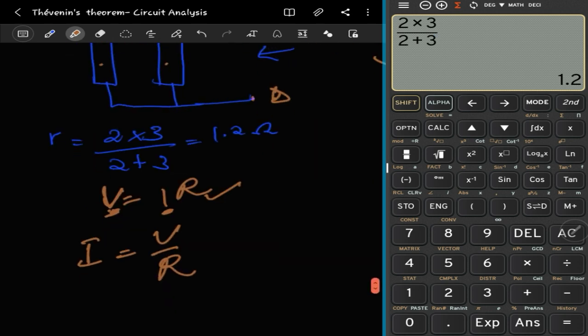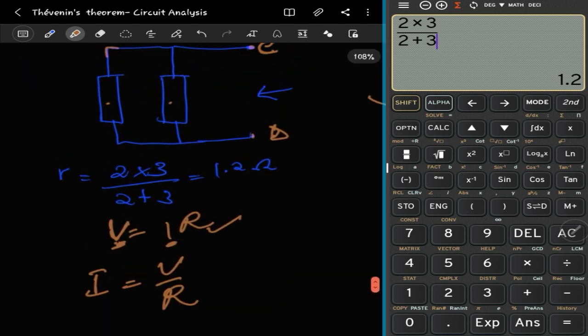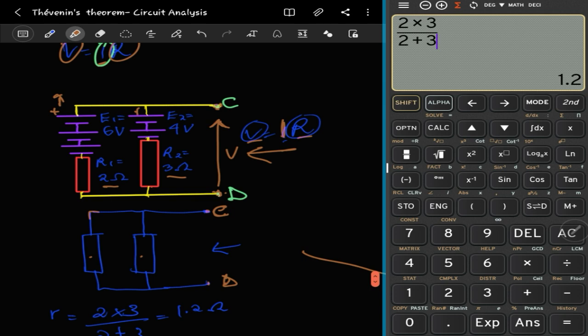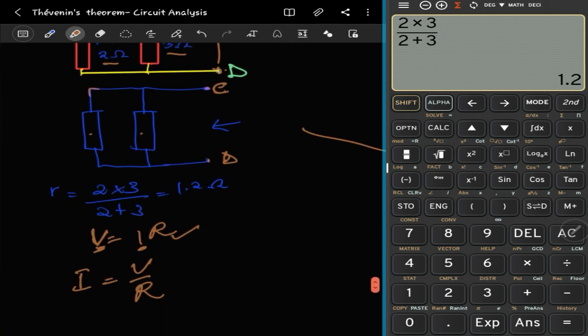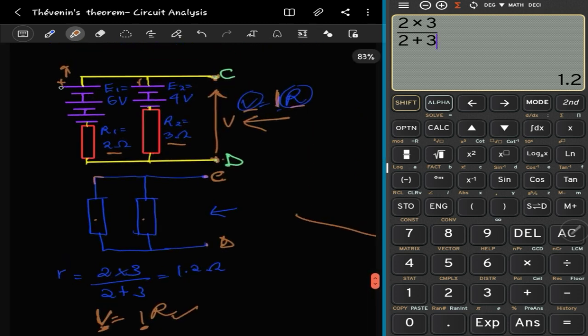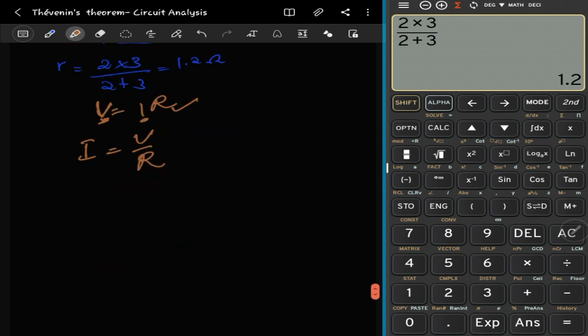So then, if you remember, what was the name? There's a name for that. Something current law. Yeah, Kirchhoff's current law, right? Or Kirchhoff's law. There's a name for it that escaped me. So we know here is positive, so basically the current from this voltage source will move in this direction, right? So for the current law, there's a name for that,